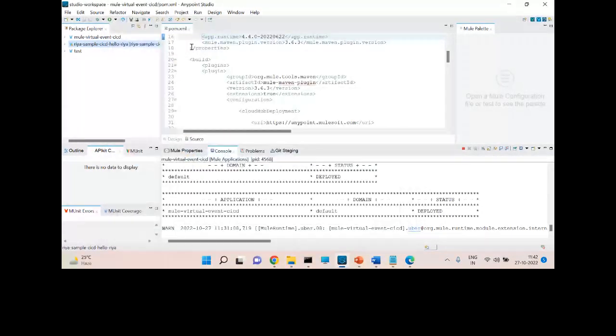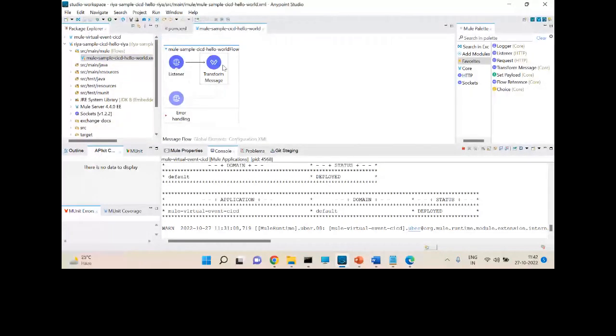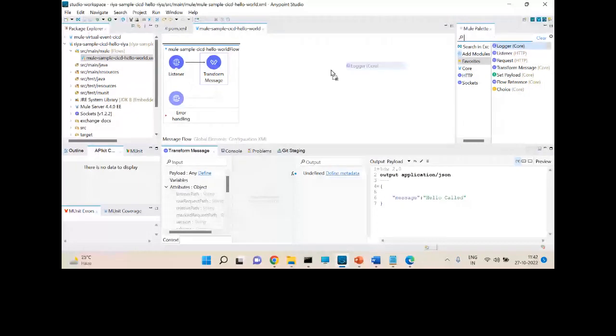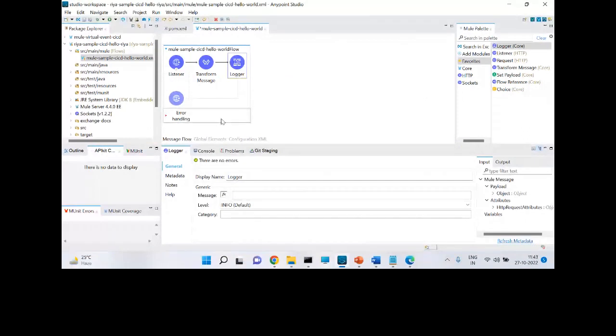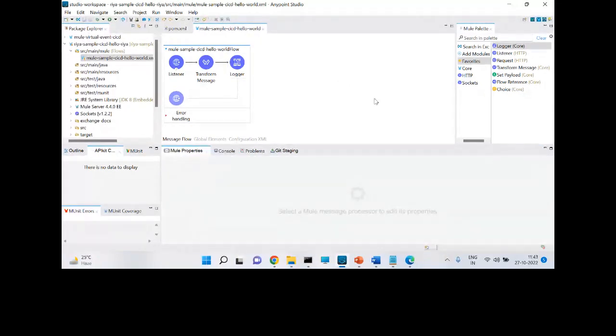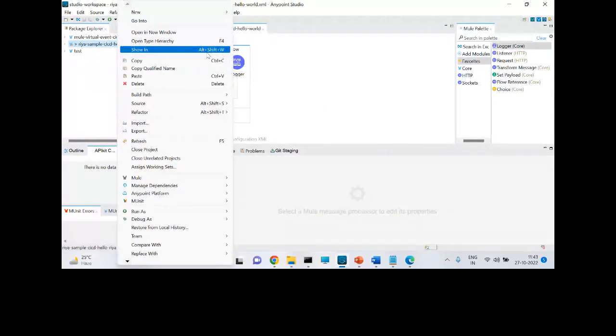We can update something here. I will add some logger. Any change you can consider. Now this is a change. Now we can push this change and see what happens.